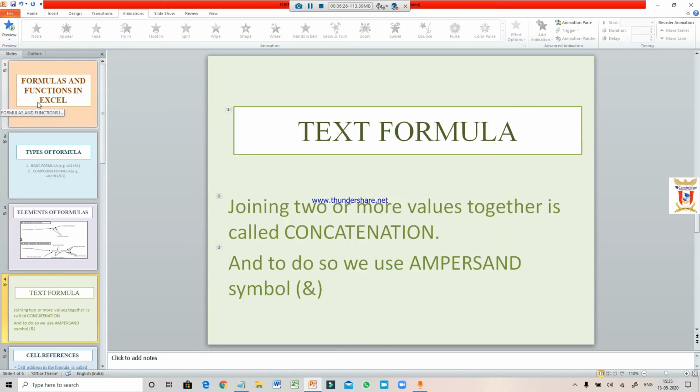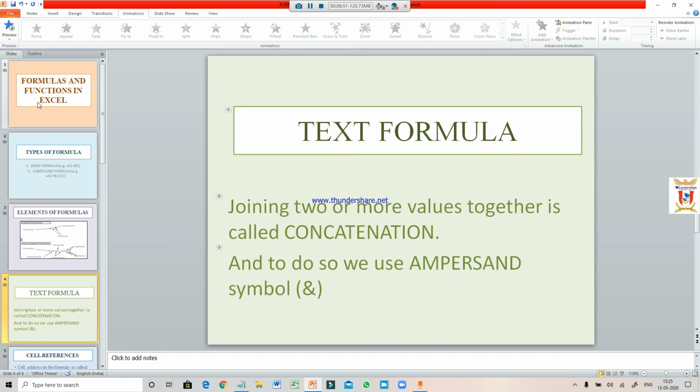One thing you should always keep in mind is that you should not apply more than one transition or animation on a single object. It will distract the audience, and always try to choose effects which are not gaudy, which are not that highlighted. Choose according to the type of presentation you are doing.